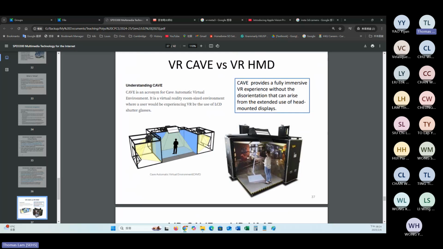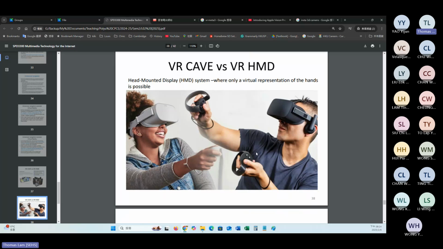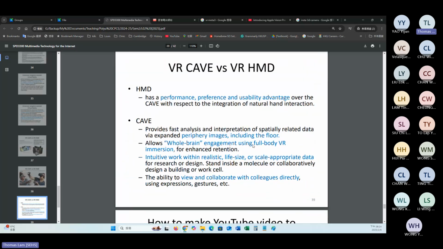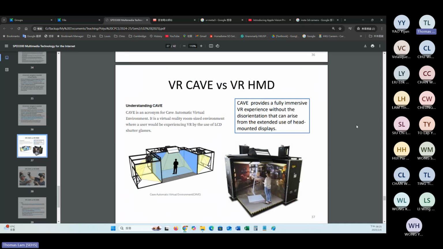So this is one of the obvious examples nowadays. This one just mentioned to you the other class of VR device. So again, if we compare the VR cave together with the VR helmet, this one is the head-mount display. HMD means head-mount displays, and this one is VR cave.